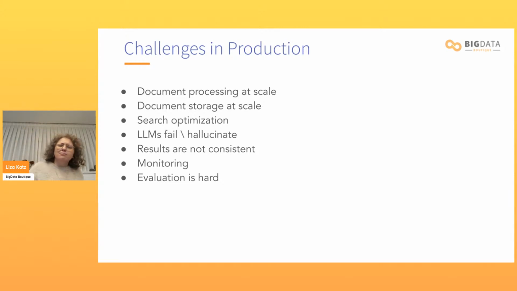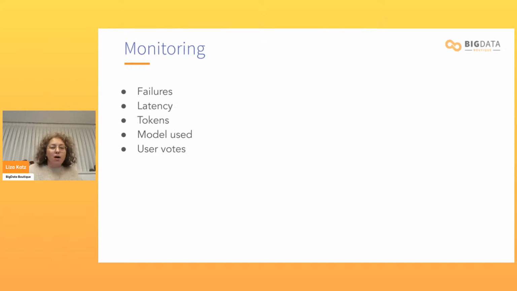And then also another point, results are not consistent. You can give the same prompt to an LLM and it will return slightly different results, or not so slightly. Just be aware of that. It's strange, people are used to systems behaving in a deterministic way: if you have the same input, it's going to be the same output. And it's definitely not that way with LLMs. And this brings us to the topics of monitoring and evaluation, which are the last points of this crash course, which got pretty technical, but I hope it was helpful